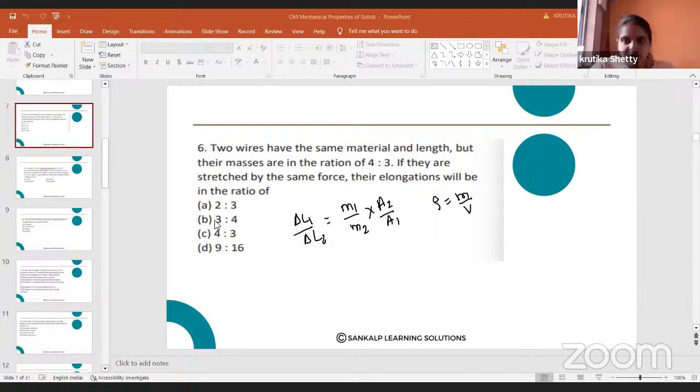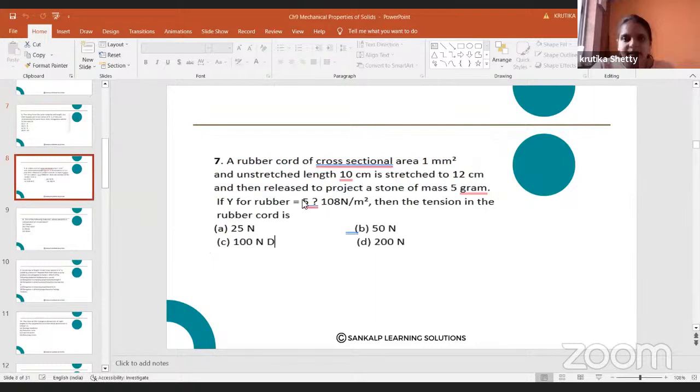Then the next question. A rubber cord of cross-sectional area 1 millimeter square and unstretched length 10 centimeter is stretched to 12 centimeter. So the initial length is 10 centimeter and the final length is 12 centimeter. Then it is projected to a stone of mass 5 gram. So mass is given. Young's modulus is also given, take it as 5 into 10⁸. Young's modulus is 5 into 10⁸. The tension in the rubber cord is